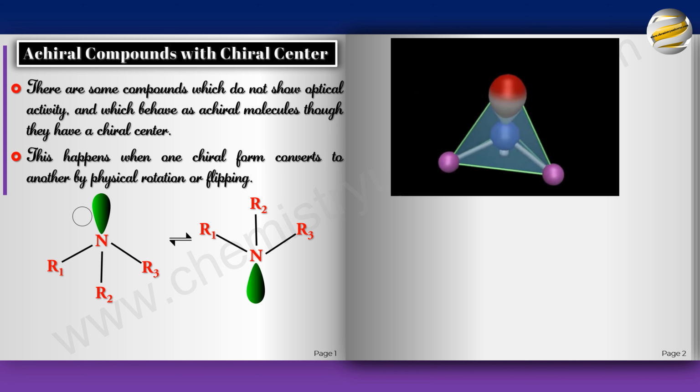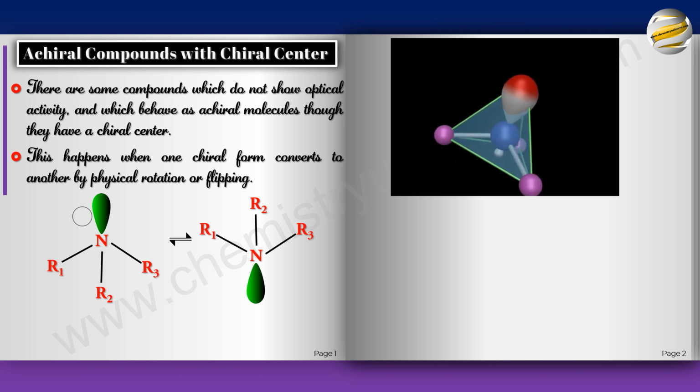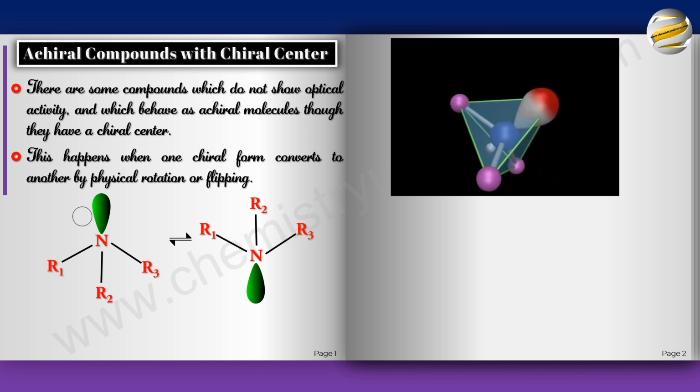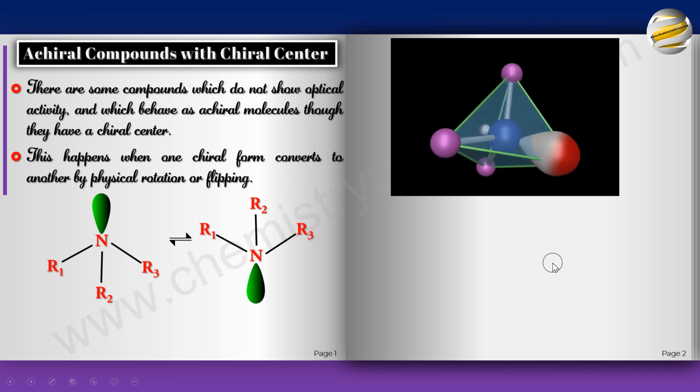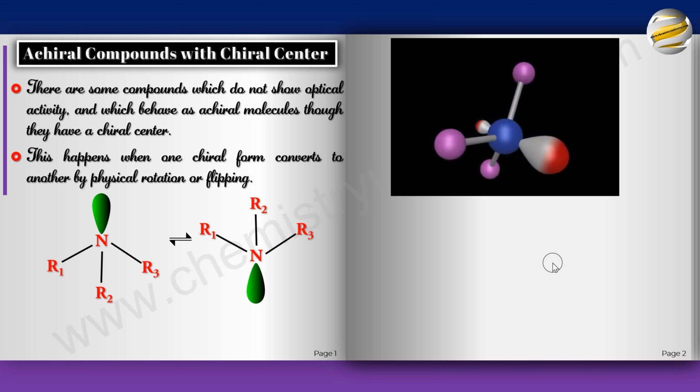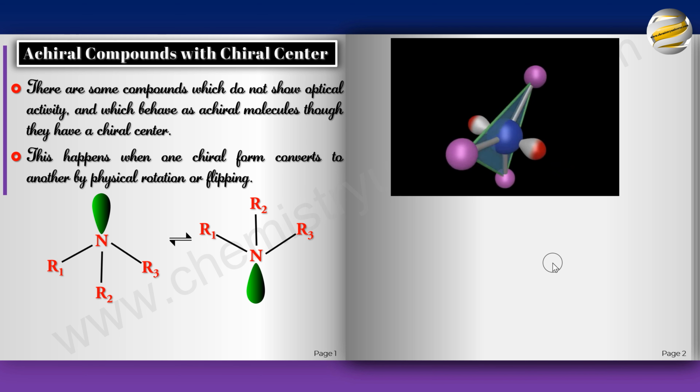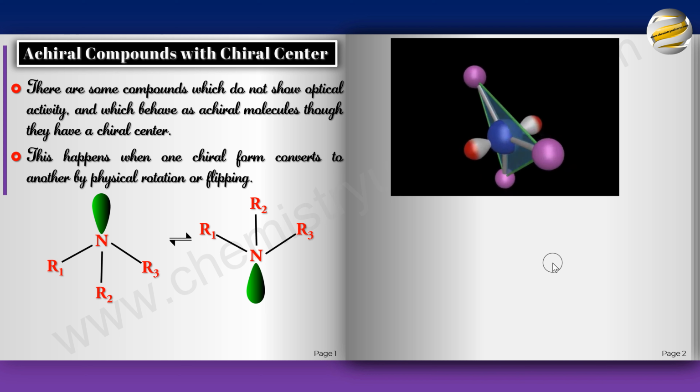As you can see, the geometry is tetrahedral, but the big one is a lone pair. And then it starts flipping. Now look what happens. As it flips, the lone pair becomes smaller and the antibonding starts becoming the lone pair. And this is the transition state. This is where you get the transition state, exactly in the middle. Now this transition state is exactly in the middle because the other flipped inversion will be the same as the previous one in terms of energy.